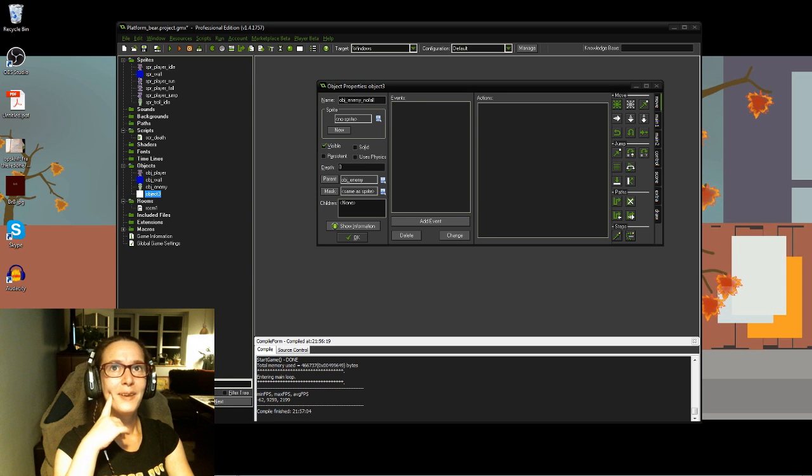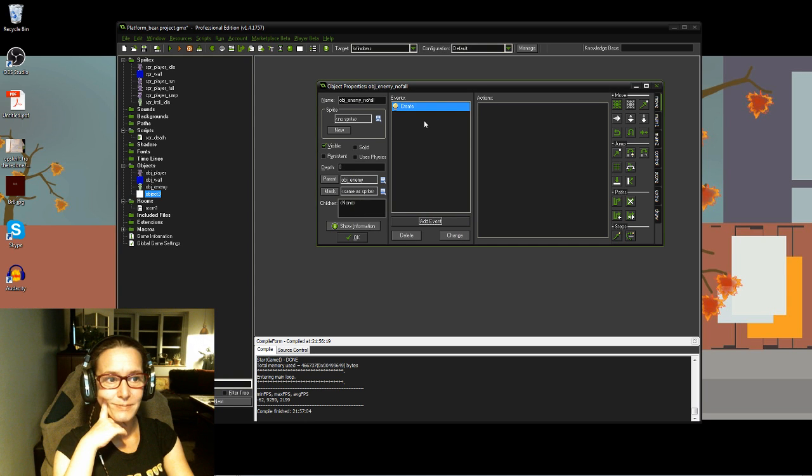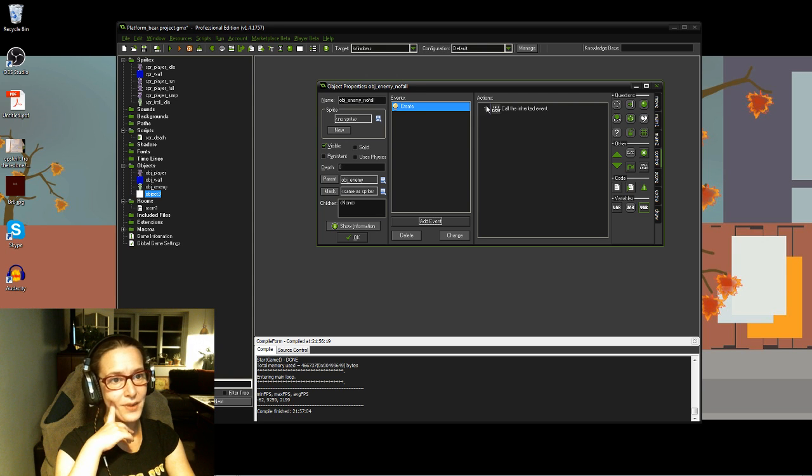So very, very simply, there's going to be a create event. Add an event, a create event. I'm going to go to my control tab here, and there's this little block here that's call events, and I'm going to drag this one in here, and it gets the text call the inherited event. What that means is that it gets everything that its parent has in this create event. If I don't call the inherited event, things I do in this enemy's create event,